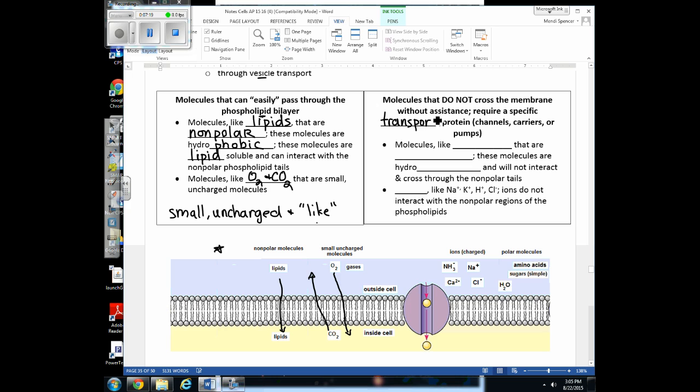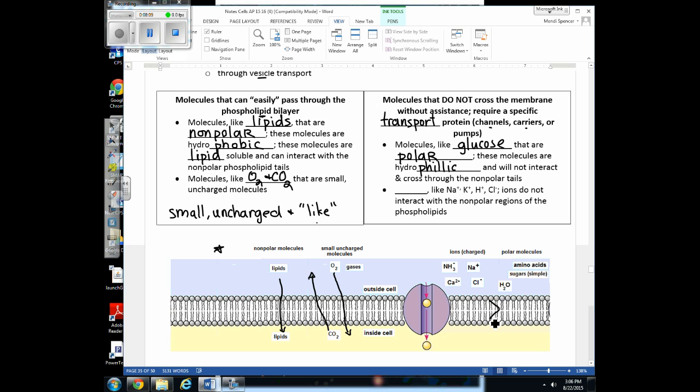And we said there's different types of transport proteins. We can call them channels, carriers, or pumps. So molecules like glucose that are polar are going to have to go through a transport protein. These molecules are hydrophilic. They will interact with water molecules, but they will not interact with these nonpolar tails of